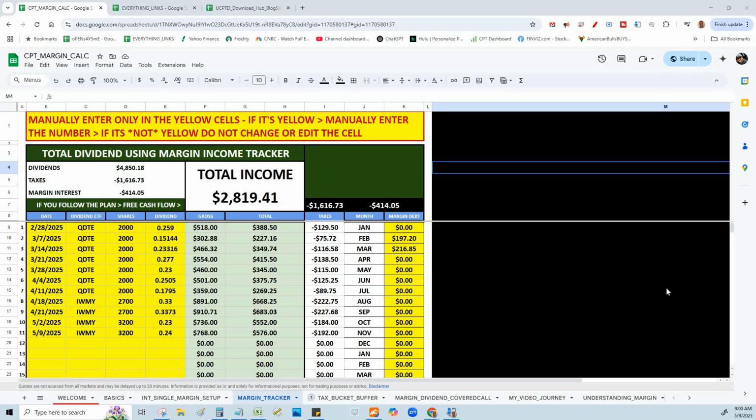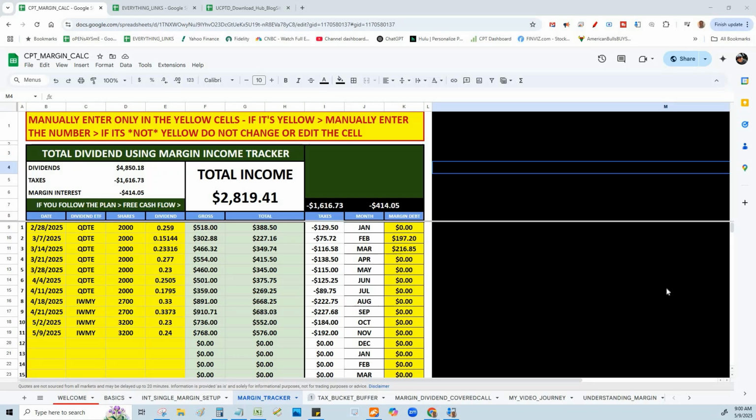If you've been following this journey, we went on margin back on February 28th. We bought QDTE. This was literally a day before the market tanked. It corrected some 10% on the S&P 500, and then the tariff news came and it fell another 11%. Now, QDTE uses the NASDAQ, so QDTE fell some 21%. That was incredibly stressful when you're using margin.